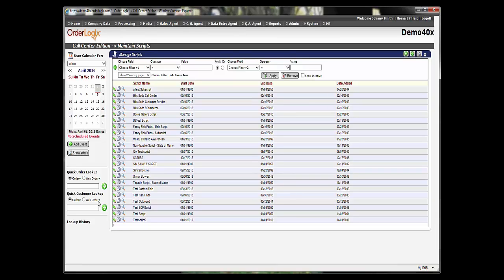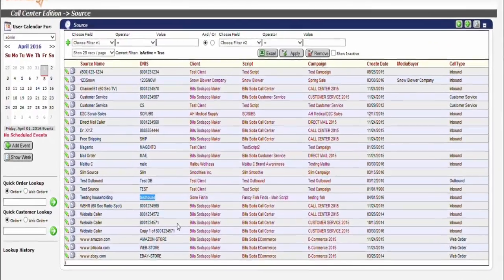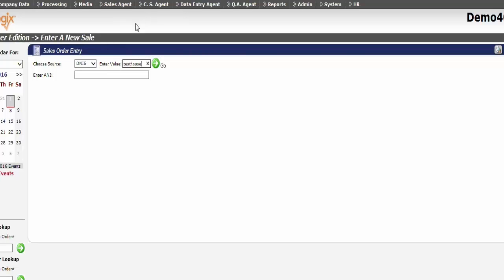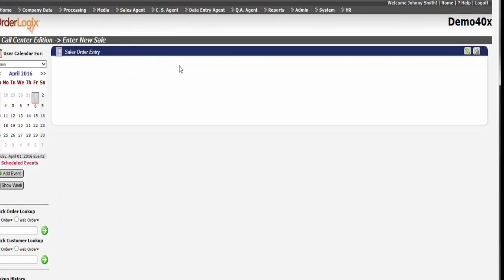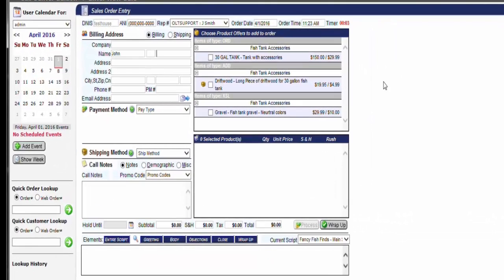All right, so now I'm going to find a source that's tied to that script. I'm going to use this test house DNS. I'm going to navigate down to enter new sale, and we're going to get into an order screen. So essentially, if John Smith with the same address has ordered before,